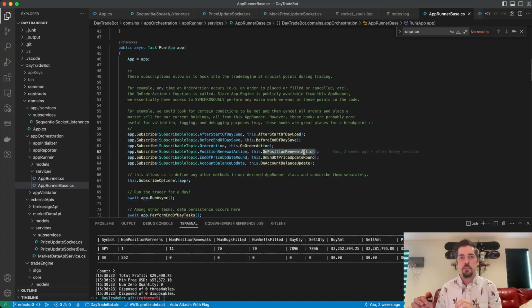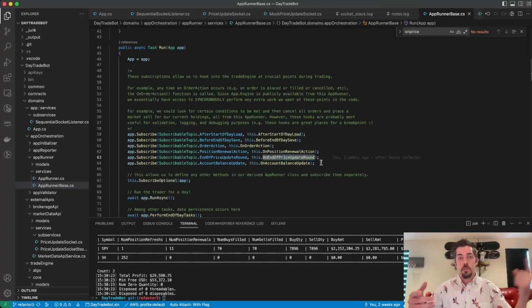The other time that this action is fired is when you actually did buy some of the position, but then the price goes up and it sells off all of the position that you had. That's what I call a renewal proper. And I know the language is a little bit confusing because this position renewal is referring to refreshes and renewals, but this is a work in progress. Hopefully I'll fix it later. But anyway, anytime you are not holding any of a stock at the beginning of the day, this action gets fired. Okay, and then at the end of a price update round,